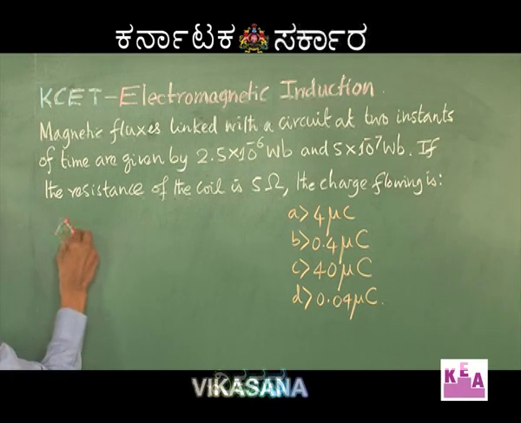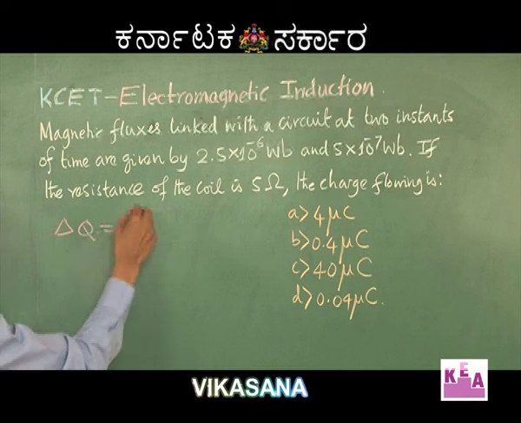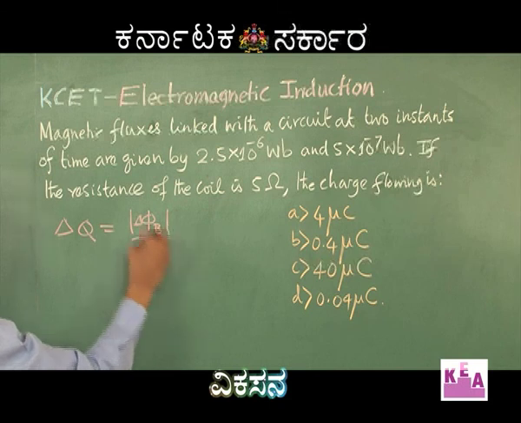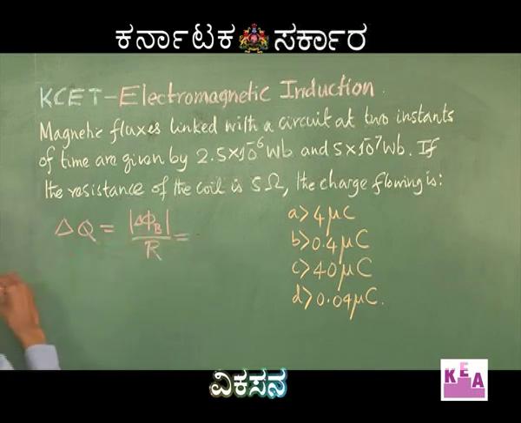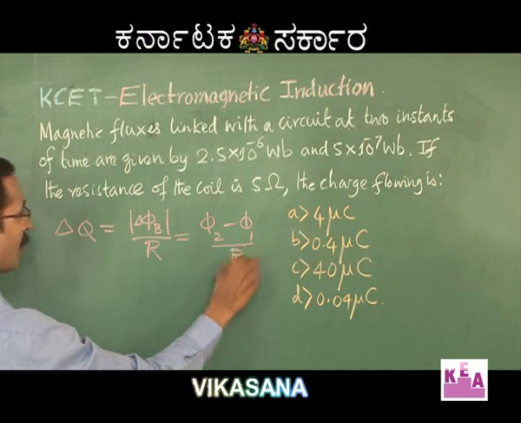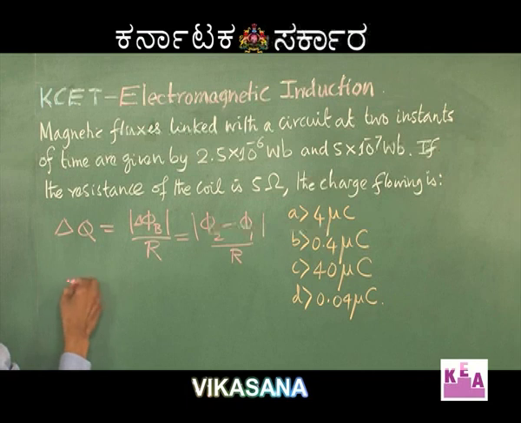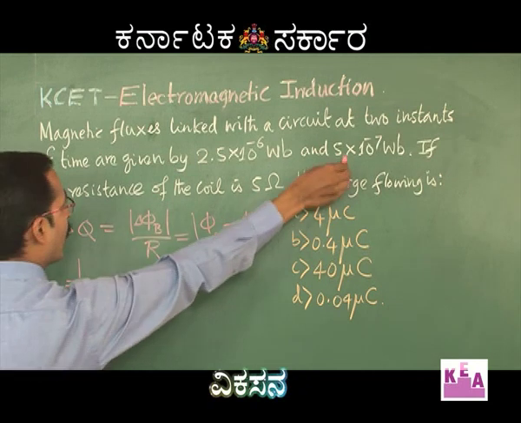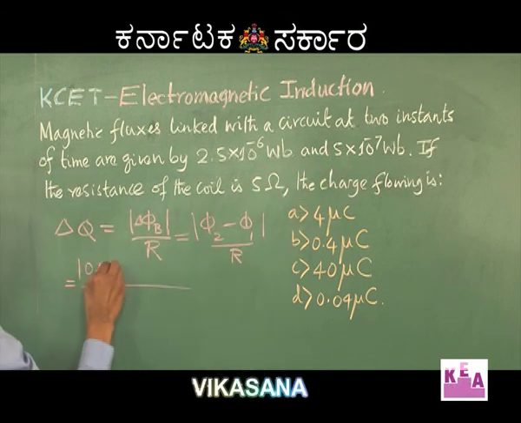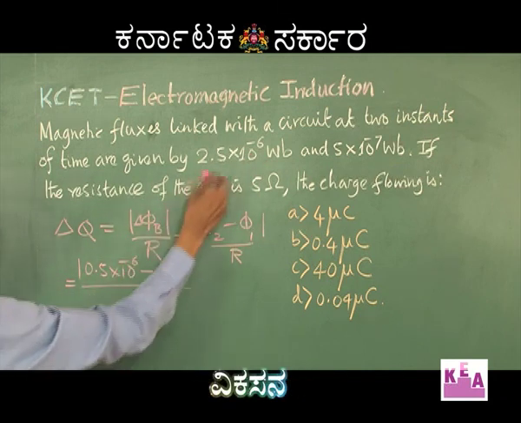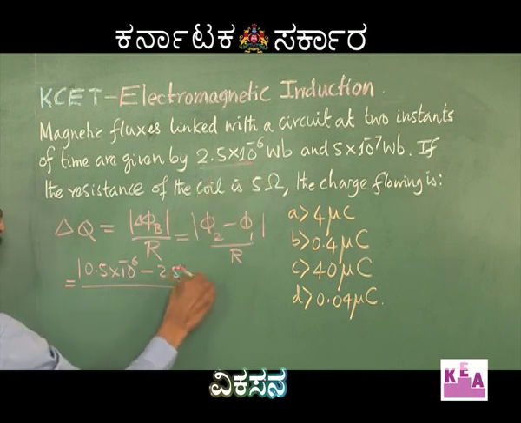Charge flowing, charge induced, is equal to mod delta phi B divided by R. That is, take just the positive sign, which is equal to phi 2 minus phi 1 divided by R, inside the mod sign. Phi 2 is 5 into 10 power minus 7 Weber, which is 0.5 into 10 power minus 6. I make that 0.5 into 10 power minus 6 because the other is 10 power minus 6, so I have to subtract that. Phi 1 is 2.5 into 10 power minus 6,